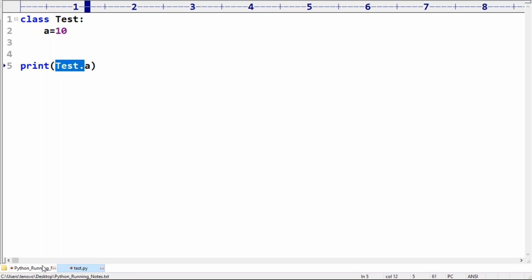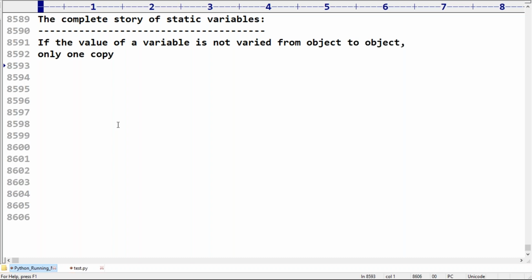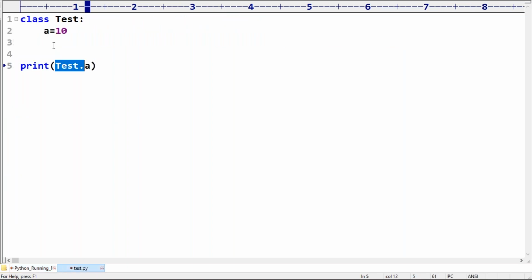Now take a bit of special care. What is the difference between an instance variable and a static variable? Where we have to declare it, I told you just one place: within the class directly. In general, we can access a static variable by using the class name.